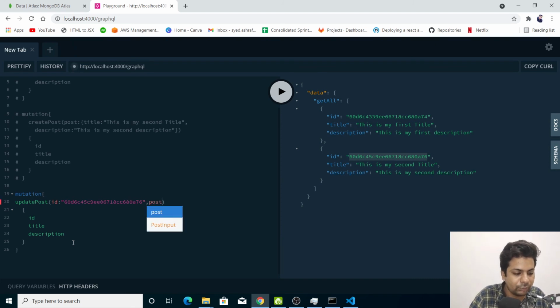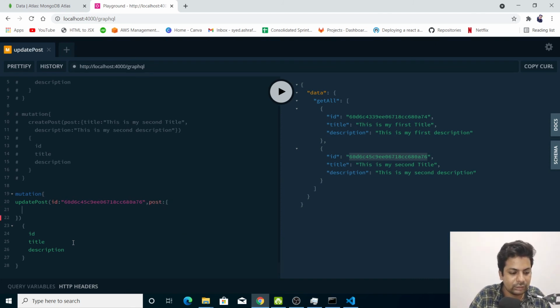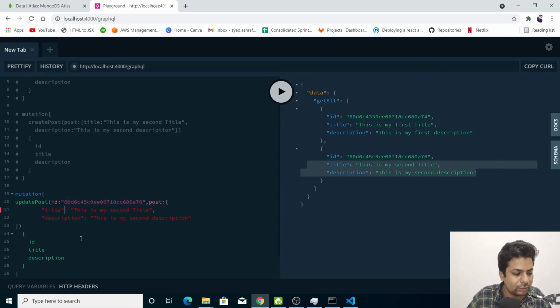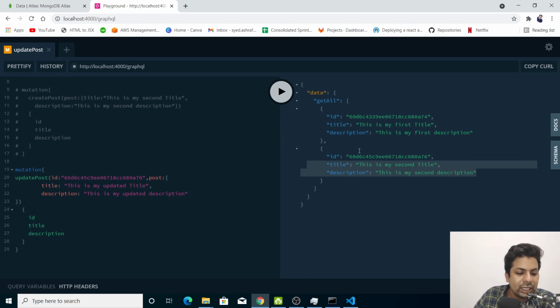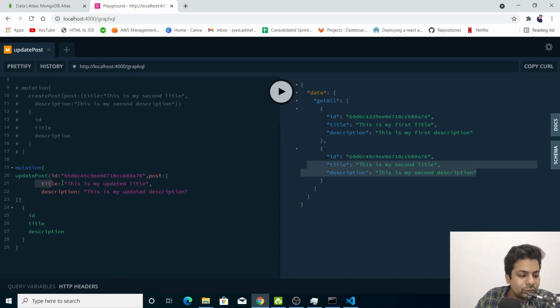And what is the updated data? Updated data should be title and description. This is my updated title, this is my updated description. So here I'm passing the id, then we are passing the post title and description, and in return I want these things back.